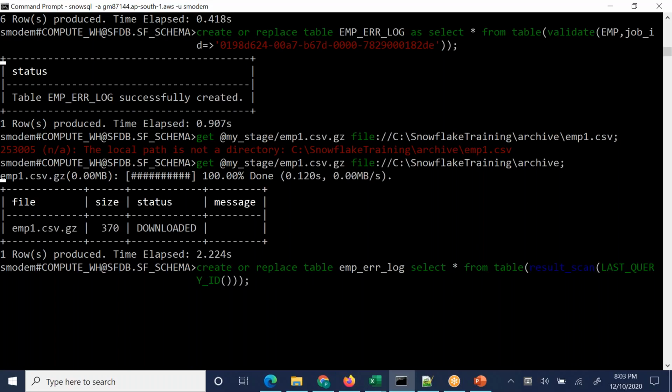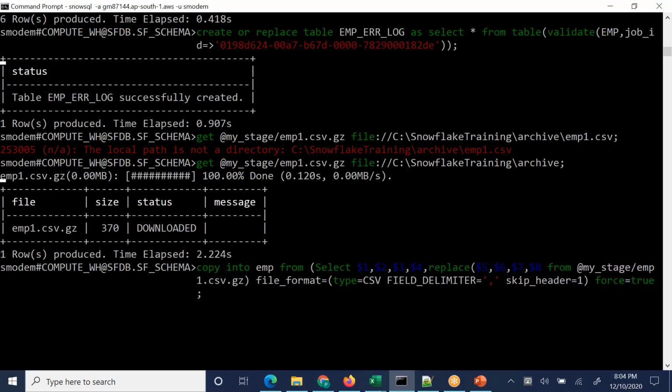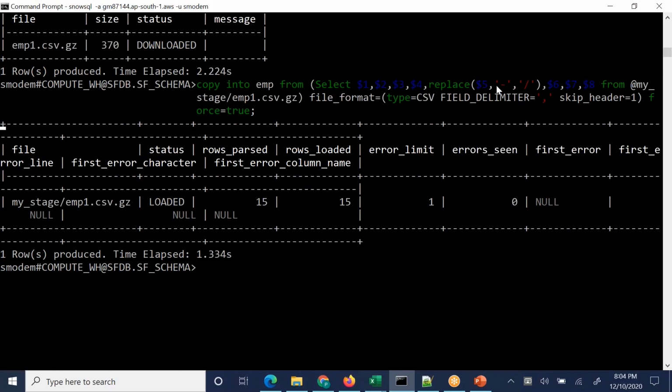Okay. I'm looking for $1, $2, $3. Yeah. Copy into this one, emp.csv, file format is equal to, force, validation. There is no validation mode. Let's go and then load the data. Okay. I'll say replace, comma. Can you see, I just replaced the hyphens, that was the problem. I went and replaced and loaded the data, 15 records got loaded